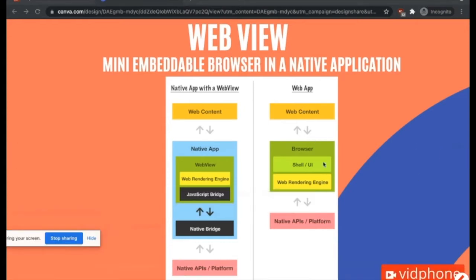So a regular web app will have the browser that's running all your code. The browser will also get access to a few of the native features. And then you mainly just interact with your web content. But in an app with a web view, the browser will run inside your native application. And then there'll be a JavaScript bridge, which will interface between your application and then a native bridge. The native bridge will also interface between itself, that is the application, and then the native features of the phone. So like accelerometers, any of the hardware, the contacts API on the phones, etc.